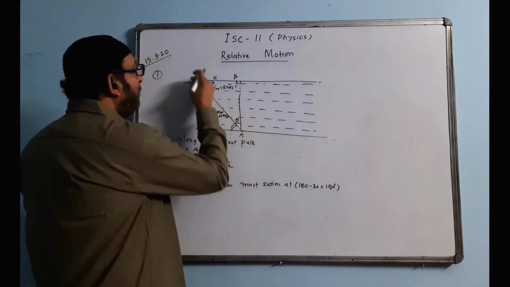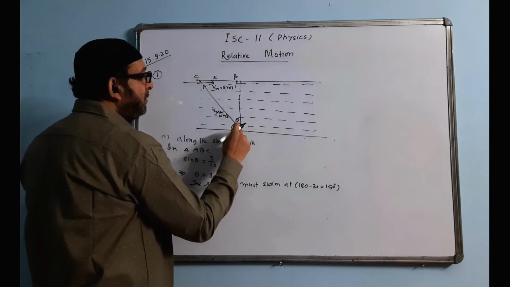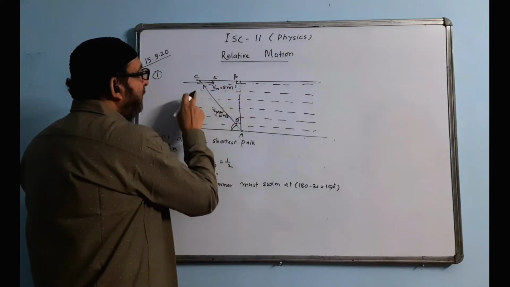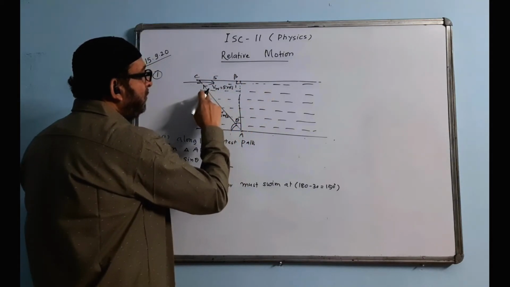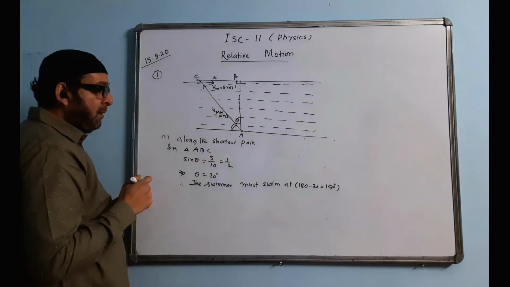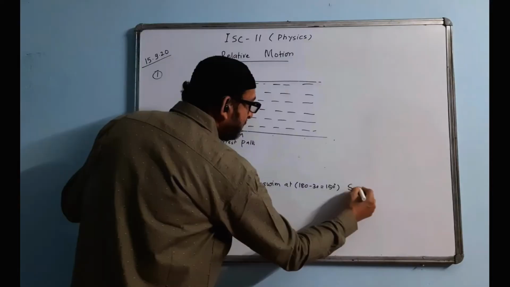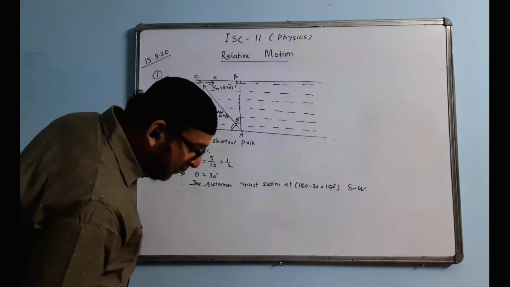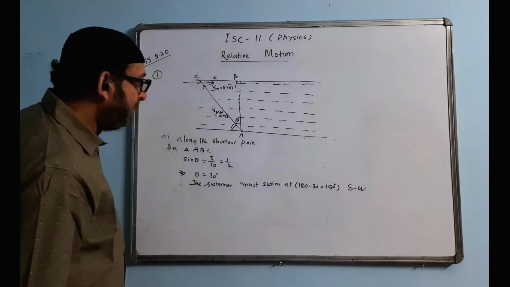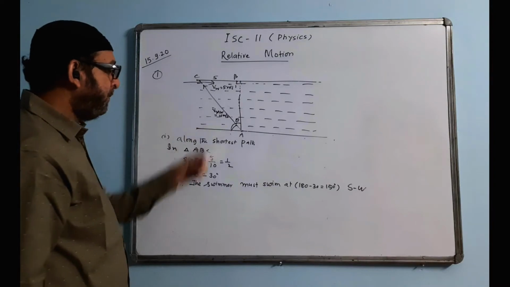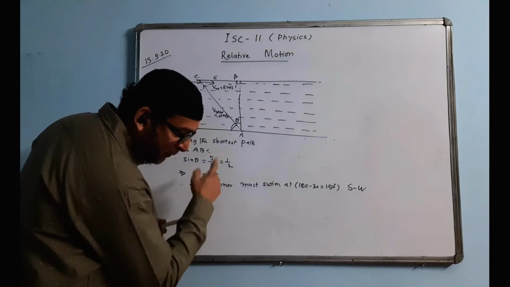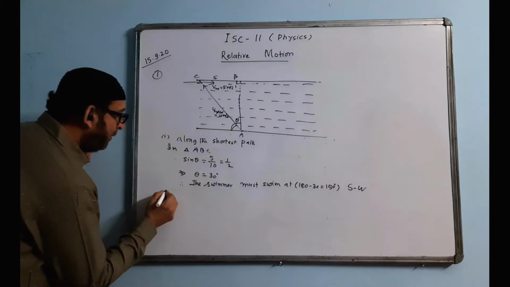What direction do you call it? South, north, west, east. So what direction shall we call it? We'll call it southwest, at an angle of 150 degrees southwest. That is the first part. I think the answer in the book is given wrong, so you have to follow this answer.